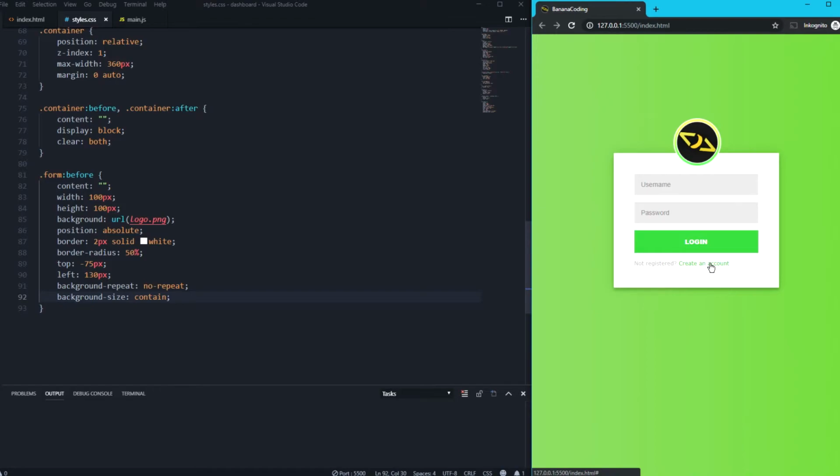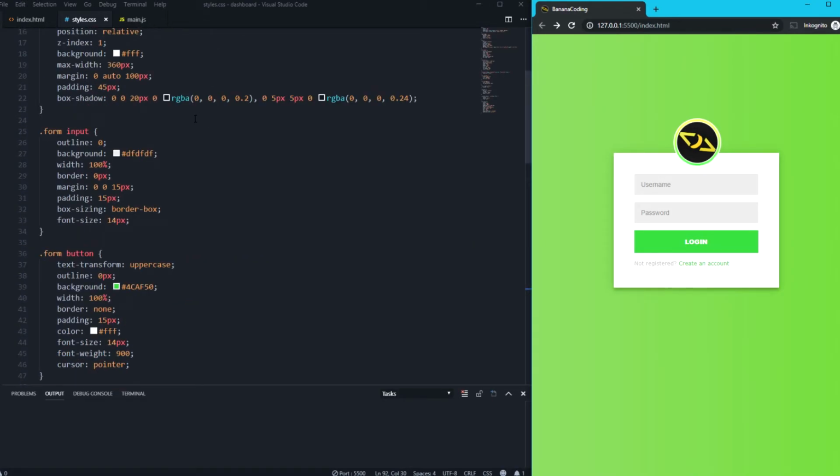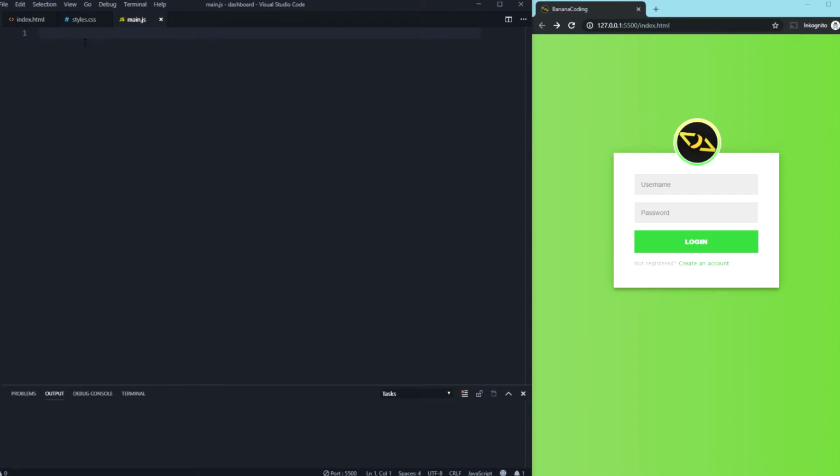But of course, what if you click on create an account? Nothing will happen here, right? So we have to change this with a little jQuery code. So we will go into our main.js, and now we will use jQuery to style this. So we can say $, we can say, for example, .message a. So if we click on a link in the message class, something will happen. So we say click, and then something will happen, and we will call a function, and to this function we write